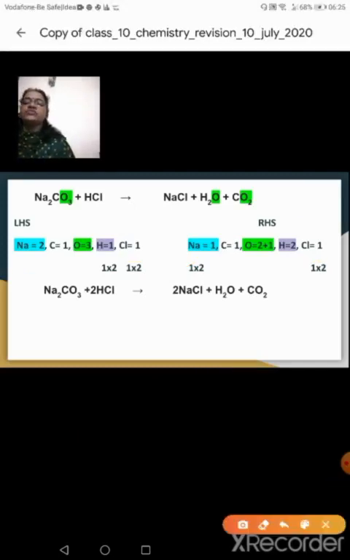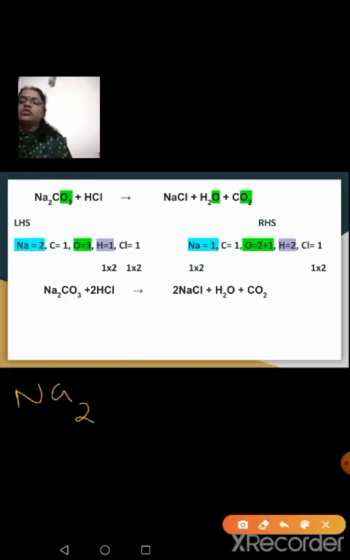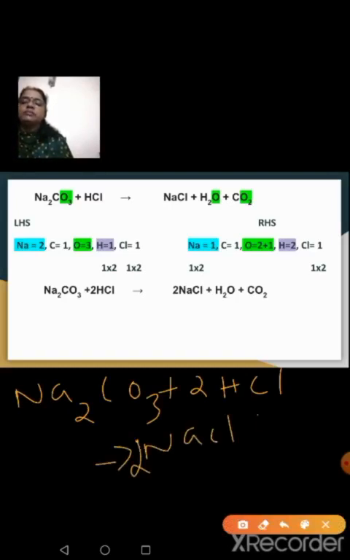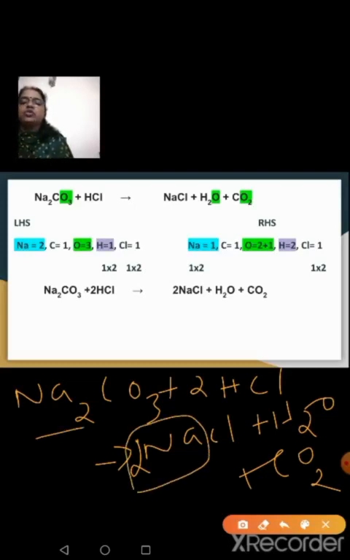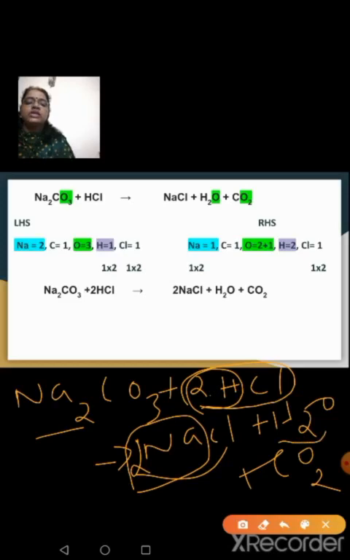So the balanced form of this chemical equation is Na2CO3 plus 2HCl gives 2 NaCl plus H2O plus CO2. What did I do in this equation? On this side I have multiplied this sodium atom by 2 by writing a 2 here. When I do that, my chlorine is increasing by 2. This side I have to increase the chlorine by 2. So when I write a 2, my hydrogen is also increasing by 2. Immediately when I look on the right hand side, my hydrogen atoms here also it's 2. So they are becoming balanced. The entire equation is balanced now.